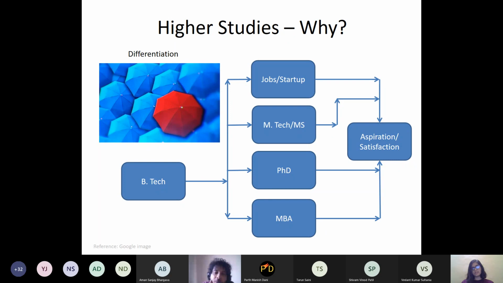Similarly for an M.Tech or MS, you read a couple of advanced topics, and based on that you work on a project where you get a feel for how you can actually solve an issue, how you can solve a problem that is happening. So for my example, in nanoparticle modeling, the problem statement was very simple: you have to develop a tool which can predict the nanoparticles we are forming in the lab.